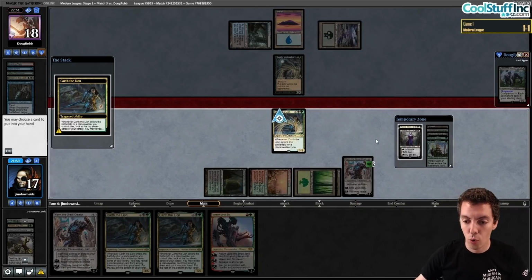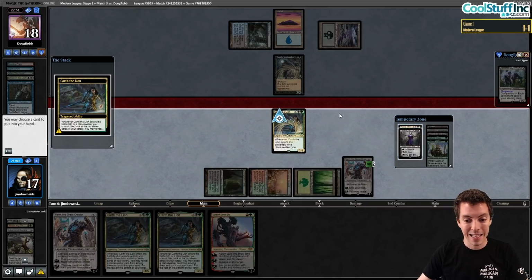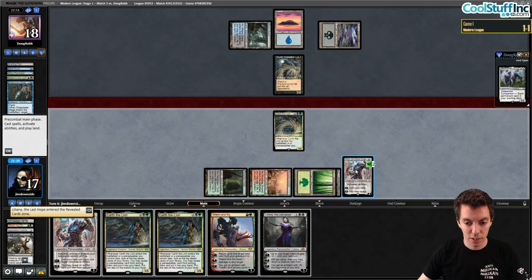It's going to be Kaya or Liliana. Neither of those is particularly great at the moment. I guess Kaya exiling the graveyard is kind of good. Liliana can also shrink the Voidwalker. We can't currently cast either one of these though, which is actually super awkward. Let's get Liliana. So Liliana can tag team with Wrenn and Six to kill the...